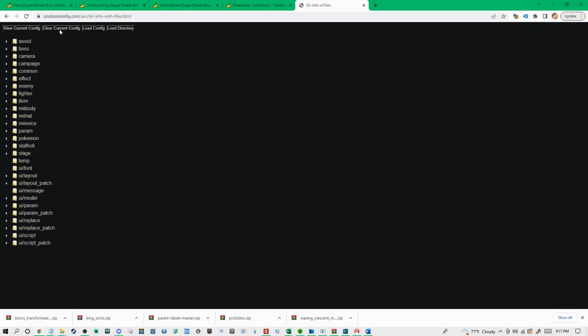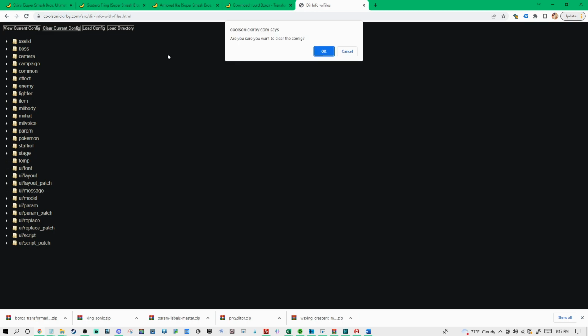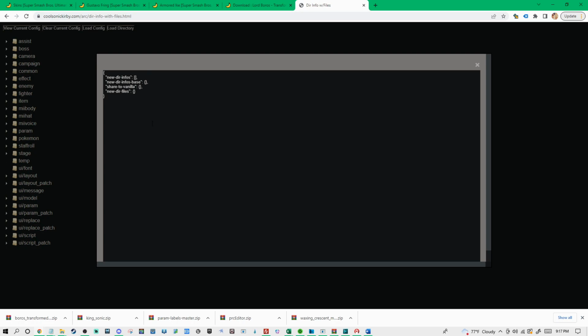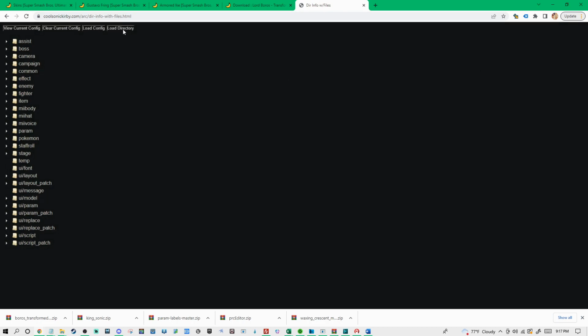And we're going to clear our current config because I was doing some work here. I don't want it to interfere with what we're doing now. So when we view the current config, it's going to be blank aside from these entries. That's what it should look like when we're starting. We're going to go to load directory,